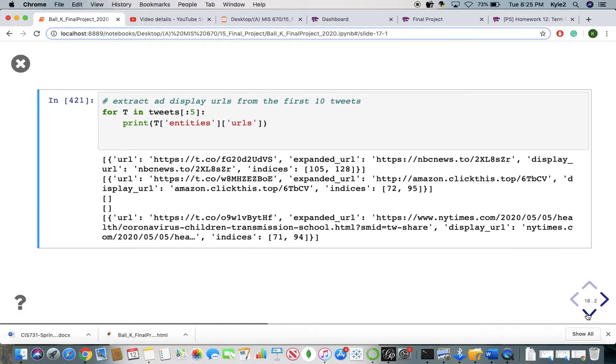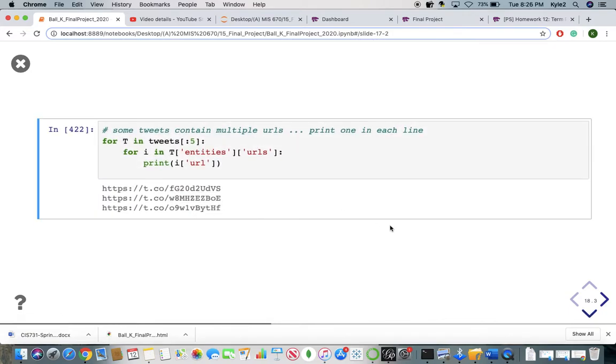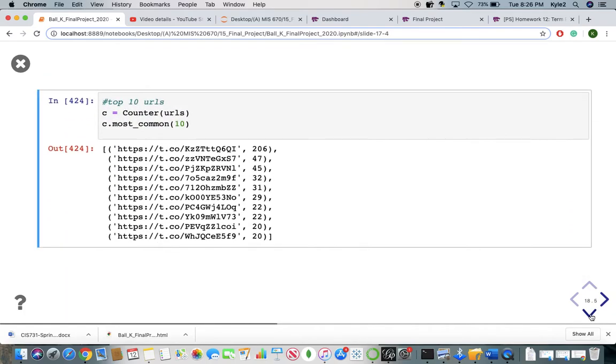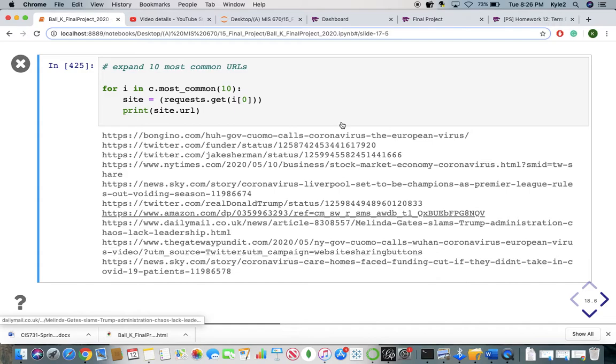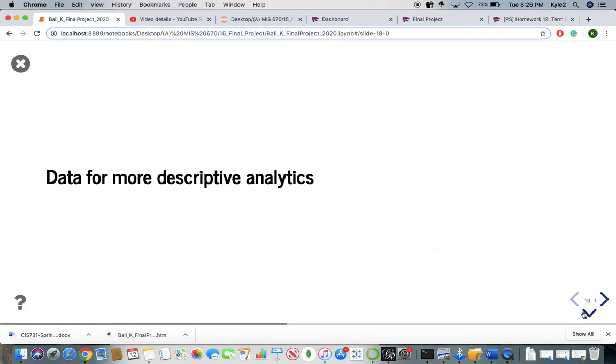So, URL metrics. Trying to extract URLs. You're able to click on these, but to make it easier so you see the whole link, we say these URLs, and then we want to see the top URLs. When I'm looking at the top URLs, a lot of real Donald Trump's are on here. A lot of these were news articles, and a lot of them were kind of fake news. I read one of his political slandering of a political person, Governor Cuomo. It just didn't have much basis to it, and I thought it was interesting how much of that is still out there.